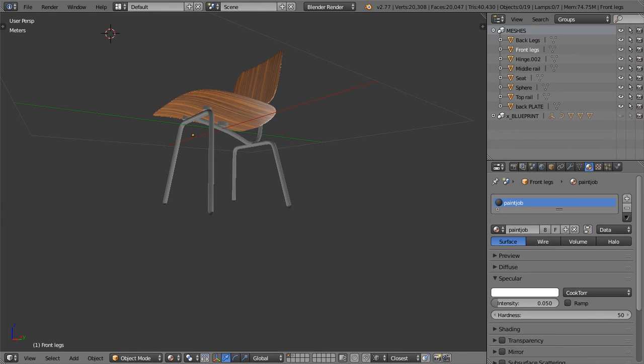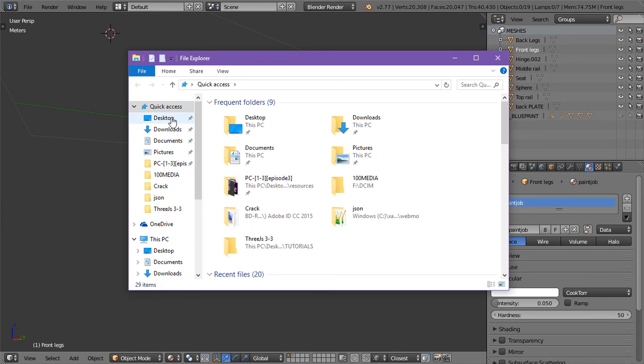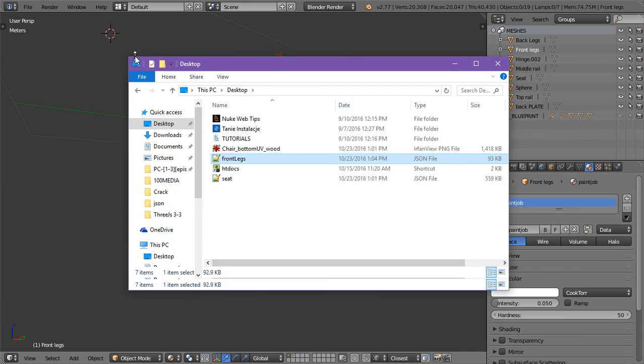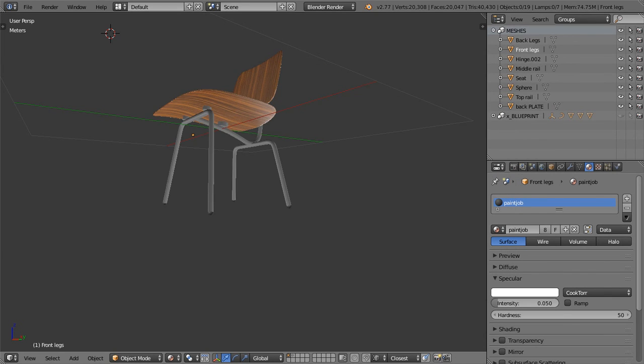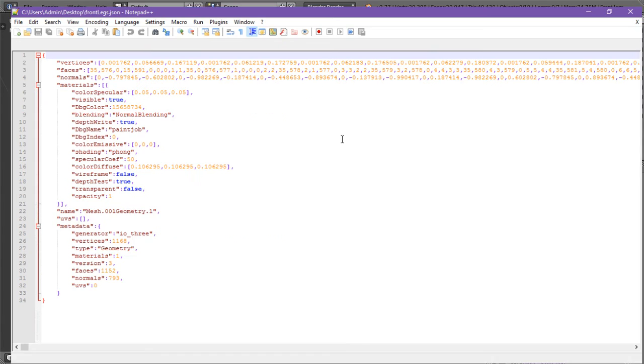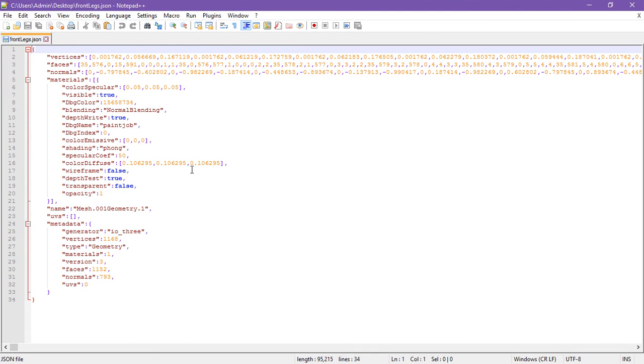Let me show it to you. Desktop. There we go. The seat and the front legs. And if I turn on the front legs, guys, let me just move it onto another desktop. If I open the front legs in my Notepad++, we can see that we have all this basic information visible to us. So we do have vertices, faces, normals, materials, and look,